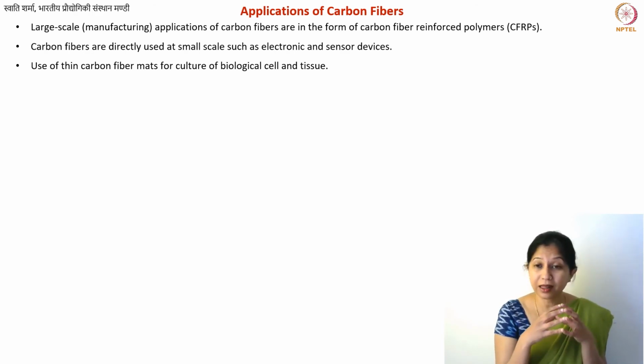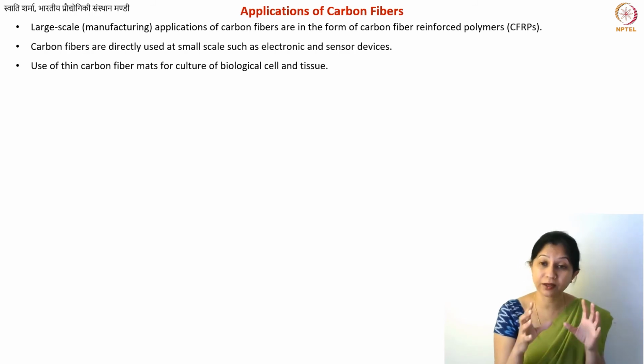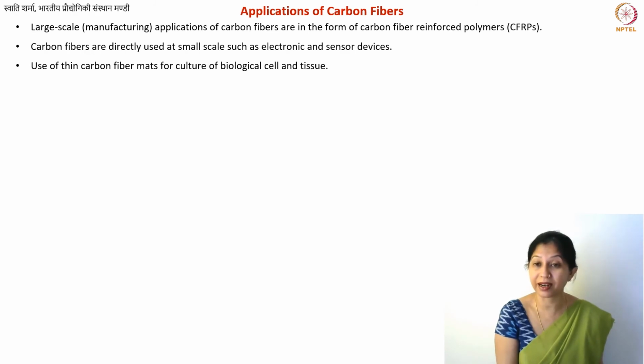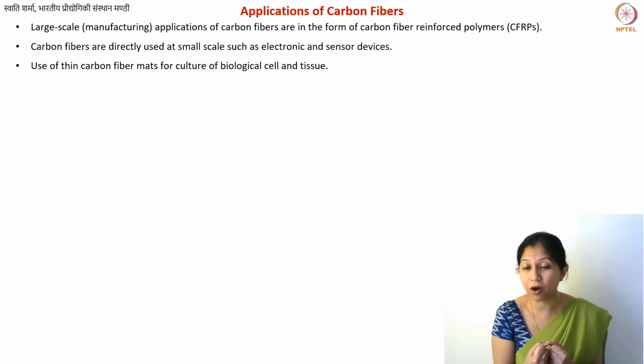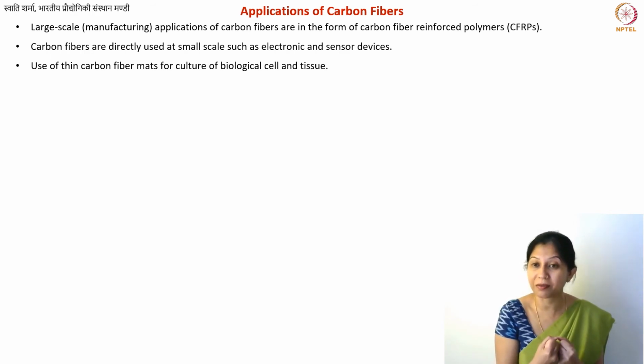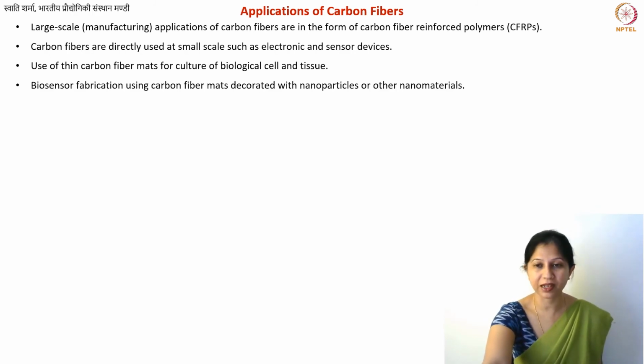For making these cell culture substrates as well as scaffolds, sometimes the carbon fiber mats are directly utilized. Here the property of carbon, that it is inert, becomes very important because cells will typically not like anything that can react with them. They can have certain chemicals that come out of these substrate materials, and then they do not like it. But in the case of carbon, it is so inert that it does not bother the cells. So it functions as a very good cell culture substrate. There are various examples where carbon fiber mats are used as substrates.